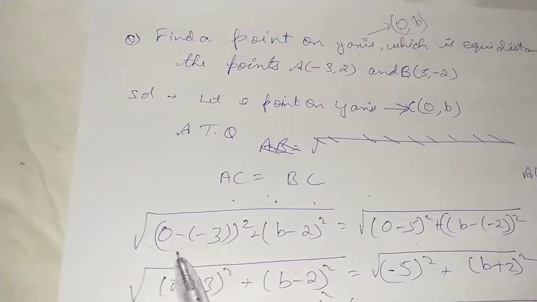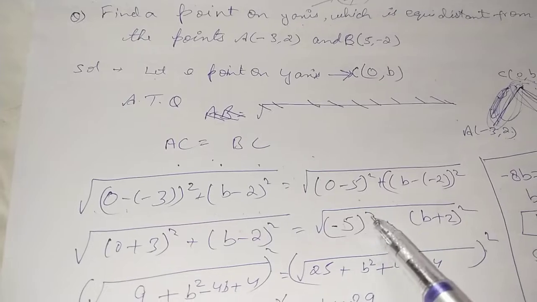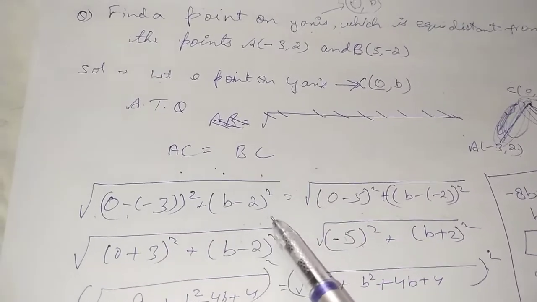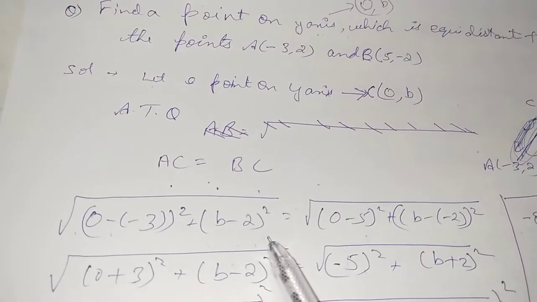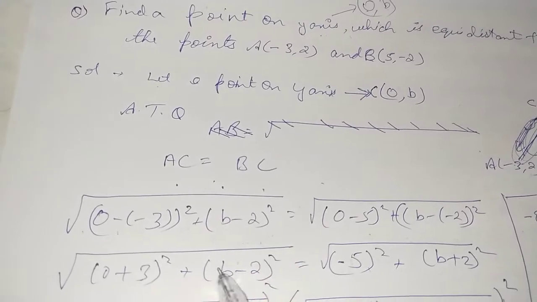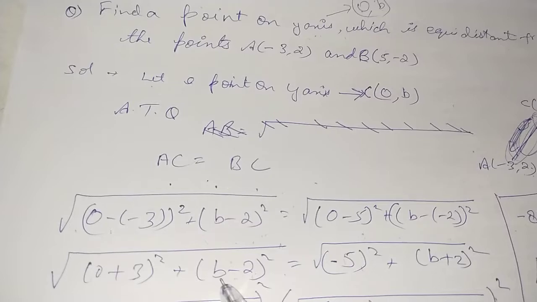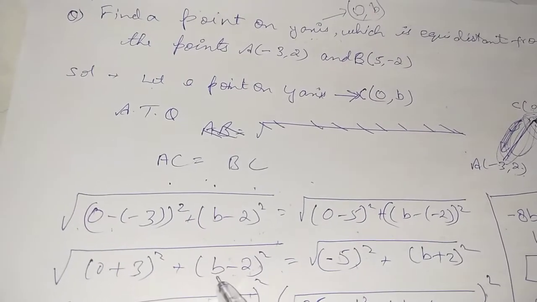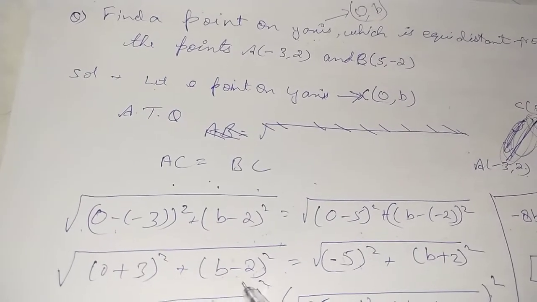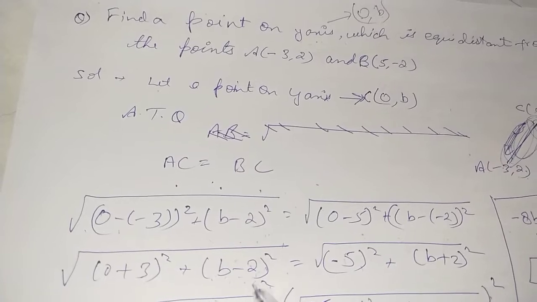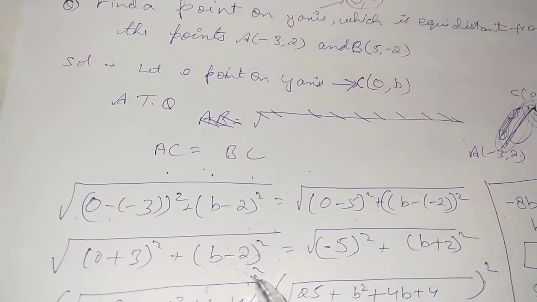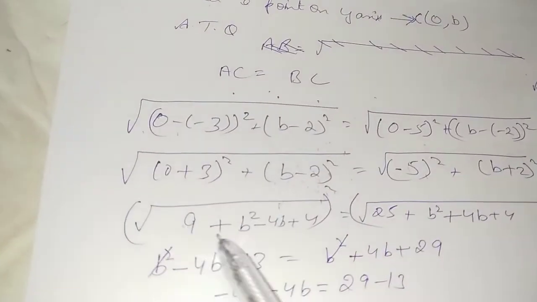Now solving the brackets, this is what we are going to obtain. We have already studied the algebra in previous classes, so this is what we implement for the a minus b whole square form. We have a whole square, so do not write it as b square minus 4, or b square plus 4. That means do not just write a square and b square; you need the term of 2ab also, which is going to exist. So that is what has been written.